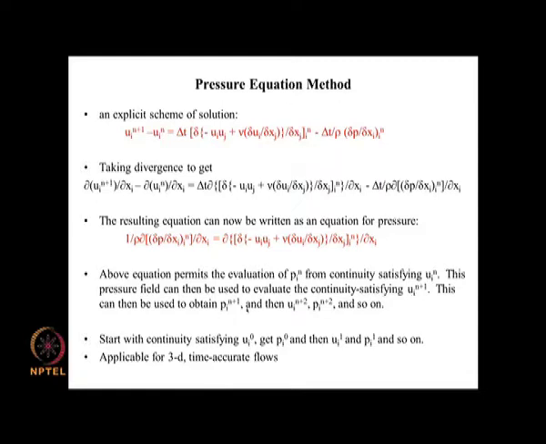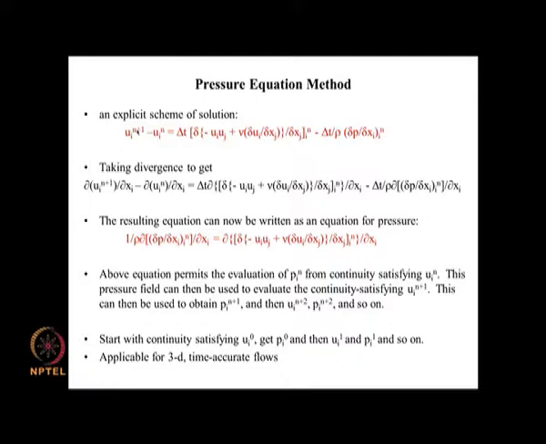So this can then be used to obtain p_i^(n+1). Once you get u_i^(n+1), you can put this on to n plus 1 here and then get p_i^(n+1). Once you get p_i^(n+1), you can put this on to this, you can get u_i^(n+2), and then you come here to get p_i^(n+2). So in that way you can use these two equations alternately